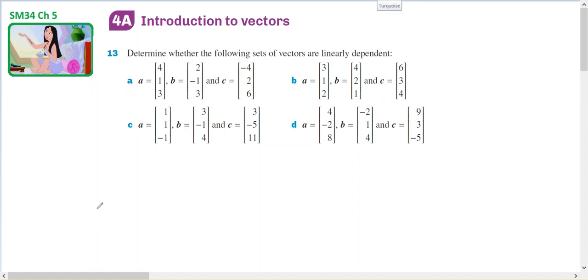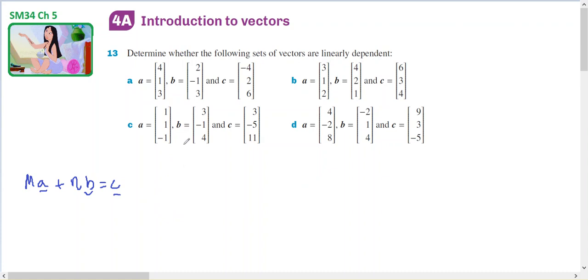This is a question about linear dependence, remembering that if some constant times vector A plus another constant times vector B equals vector C, then we say that A, B and C are linearly dependent. So what have we got here? We've got